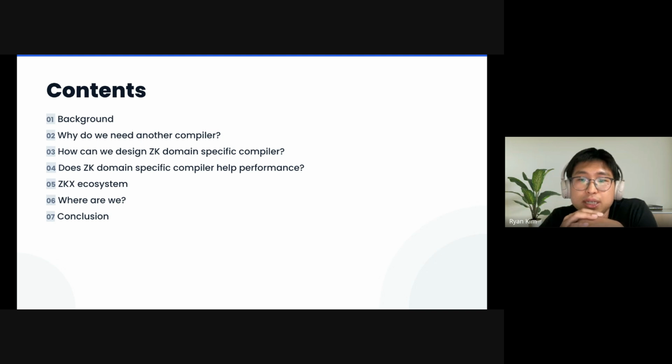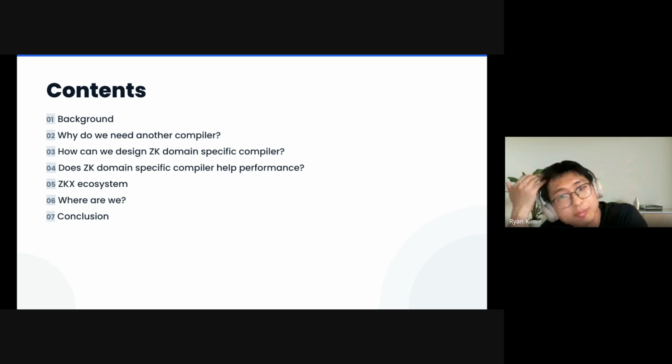In Does a ZK Domain-Specific Compiler Help Performance, I want to show you a small slice of an optimization case that takes a real chunk of the proving pipeline. And in the ZKX ecosystem, we have a lot of stacks, so I'll walk you through our compiler stack. And in Where Are We, we're going to tell you where we are and what we've achieved, and then we'll wrap it up.